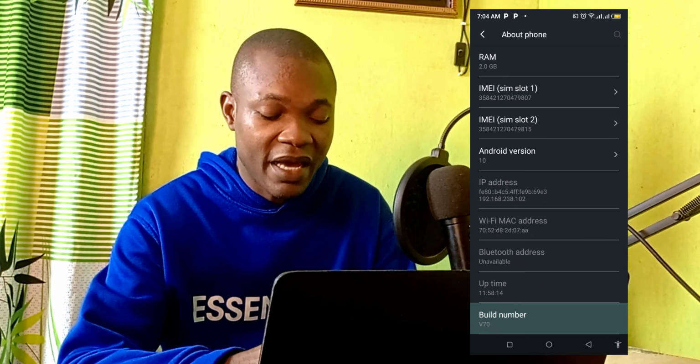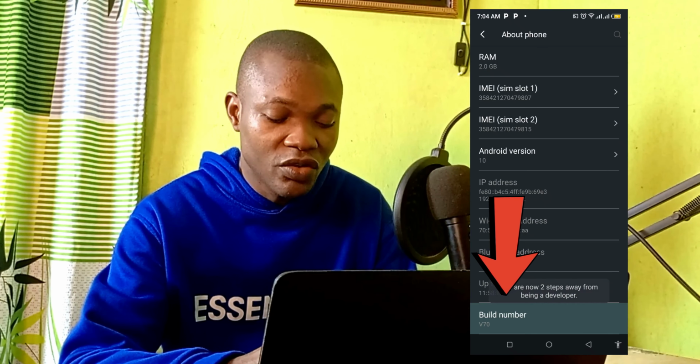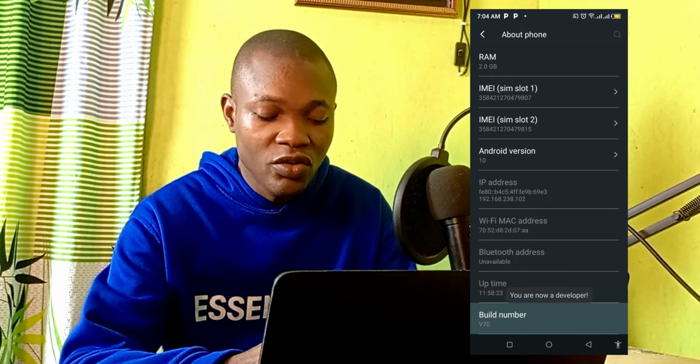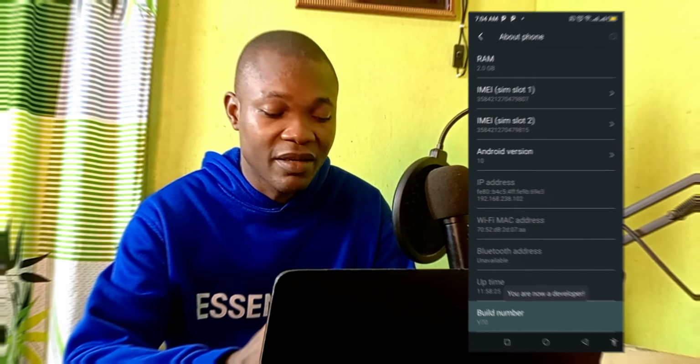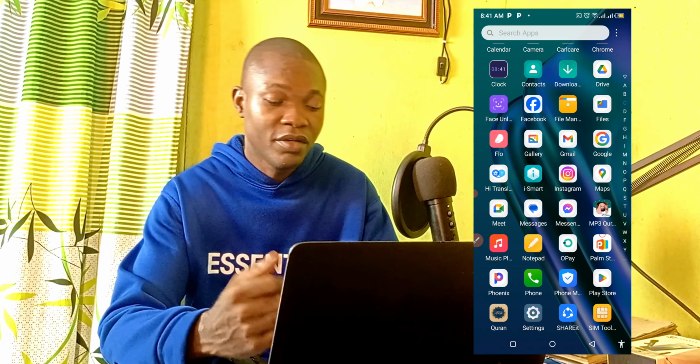So under the build number right here, what you need to do is to continue to tap the build number until you are enabled. So, a step away from being a developer. Now you are now a developer. It's that simple. After you have successfully enabled developer options on your Android phone, next thing you need to do